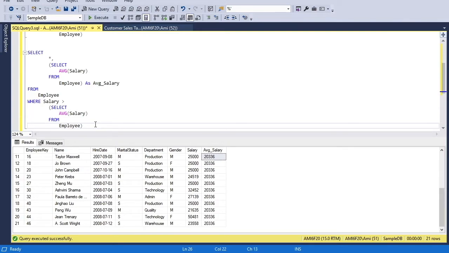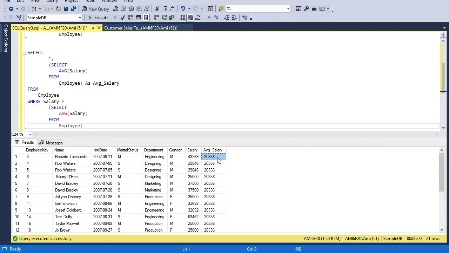Now if you go for an advanced level, we can make this query more complex and more meaningful. So this is an average salary, which is the total average of all salaries, repeating everywhere against each row. Now let's say we want to see the average salary of a certain department only. In this table we have employees working in different departments. So we can also get the department-wise average salary and then display it in front of their relevant department. Let's see how we can do this.